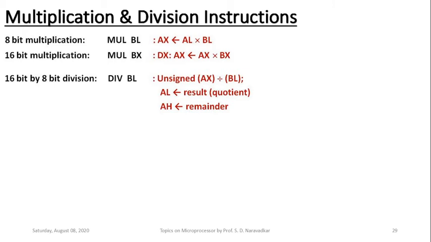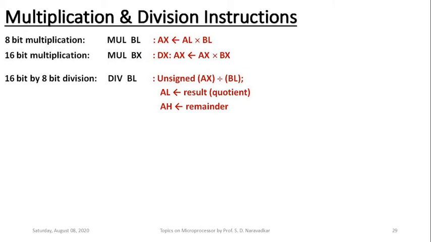But where is that 16-bit numerator to be taken from? That 16-bit numerator will be nothing but the contents of the AX register, unsigned, without sign. The contents of the AX register will be the 16-bit numerator. That will be divided by the 8-bit contents of register BL. And once that division is performed, the quotient generated would be 8-bit. This quotient will be copied to the AL register, the 8-bit accumulator, and the 8-bit remainder will be copied to the AH register. So it is clearly shown on the right side here.